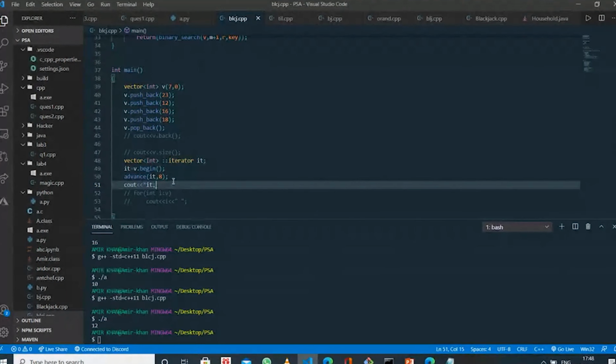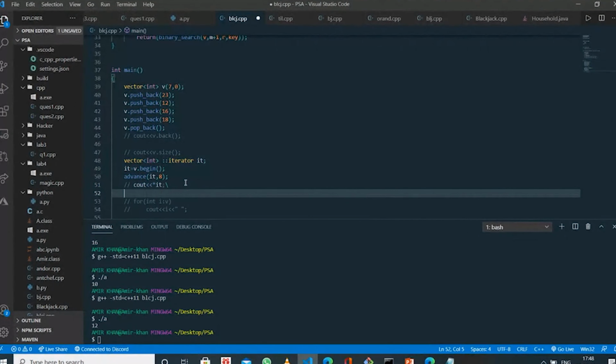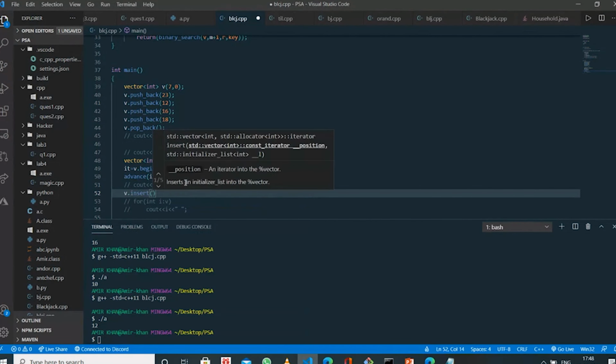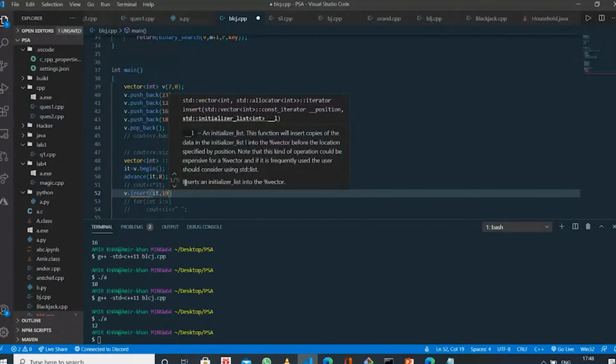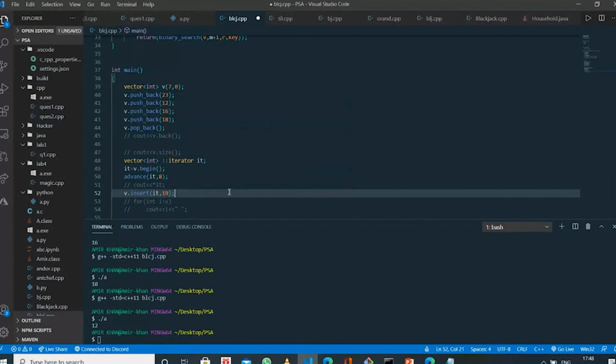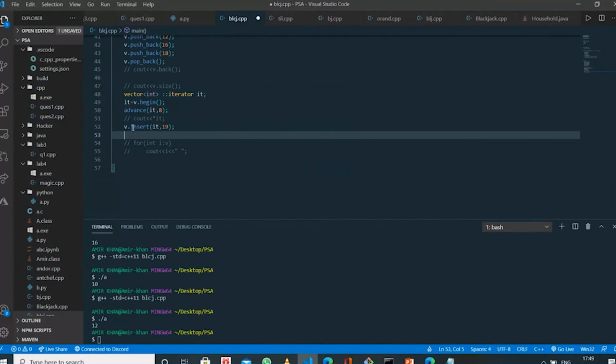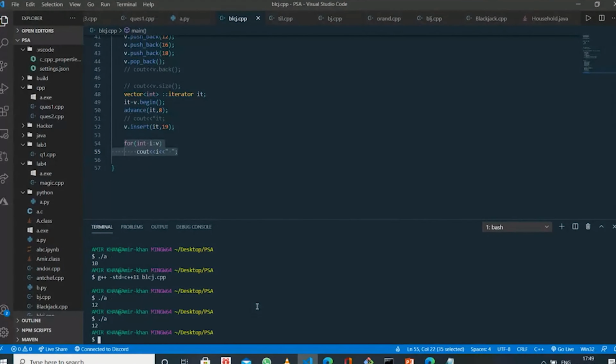So I want to insert 19 before 12. I will write v dot insert IT comma 19, and I will print out the vector. The 19 is inserted before 12.